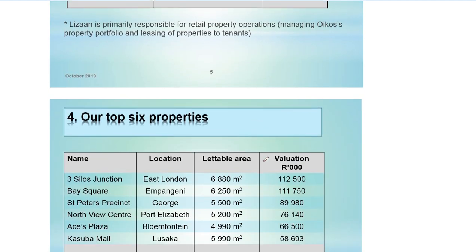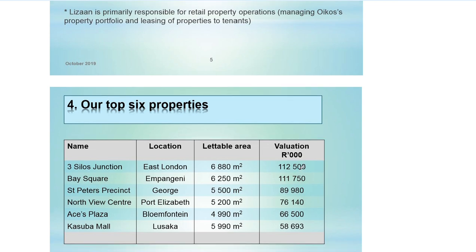Number 4 talks about the top 6 properties. In terms of the top 6 properties, we can see that they've provided us more information in terms of the name, the location, lettable area, as well as the valuation of the property. So if you look at the top, we have East London, which is 3 Sallows Junction. 3 Sallows Junction is based in East London, and it has